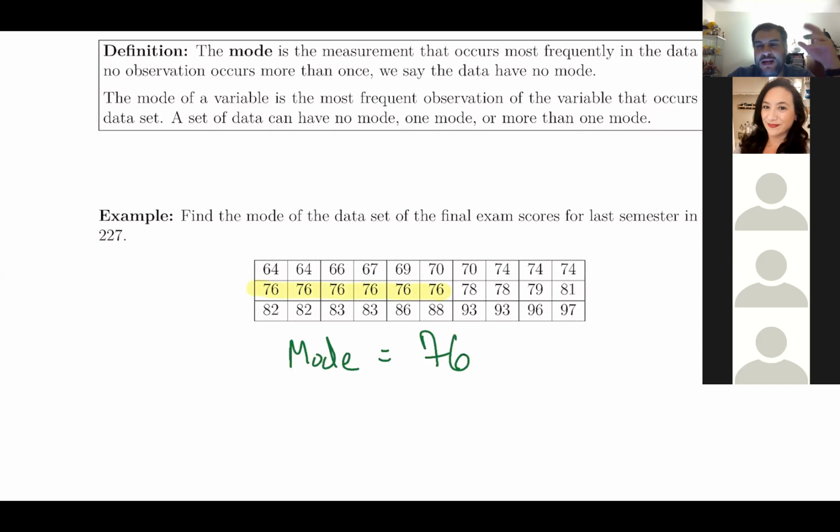For the mode, it is possible for you to have two modes, or it could be bimodal. So if I have two numbers that occurred the same amount of times, you put both of them as your mode. But if there's a clear-cut one number that repeats the most, you just put that one number. All right. Any questions in regard to the mode? All right, so let's scroll on down.